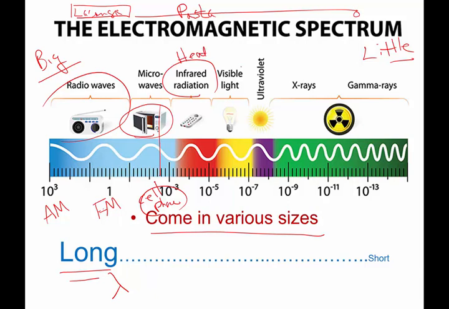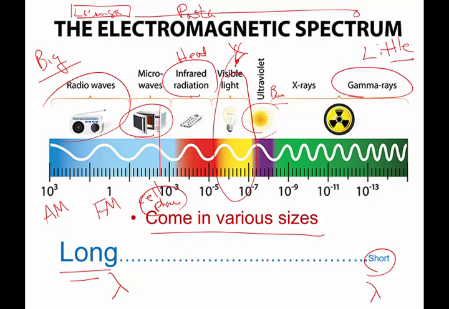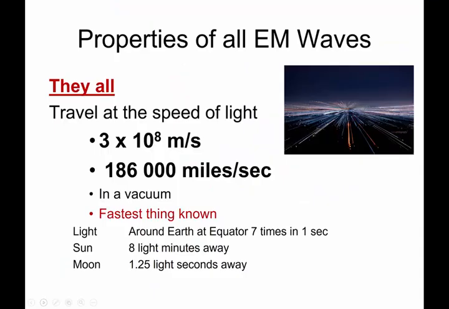There's a very small part of the electromagnetic spectrum that is visible, that you and I can see with our eyes. Then we go to the shorter, smaller electromagnetic waves. We have things like ultraviolet. This is what gives you a sunburn. There are X-rays when you go to the doctor and they want to look inside of your body. And then there are gamma rays, which are the shortest of all the electromagnetic wavelengths. And each one of these has slightly different properties, and each one's interesting to astronomers. So let's talk about some of the properties that all of these waves have in common.